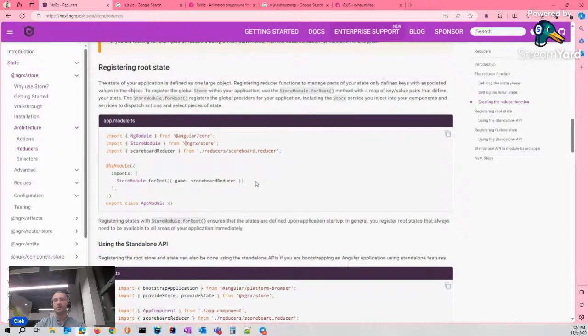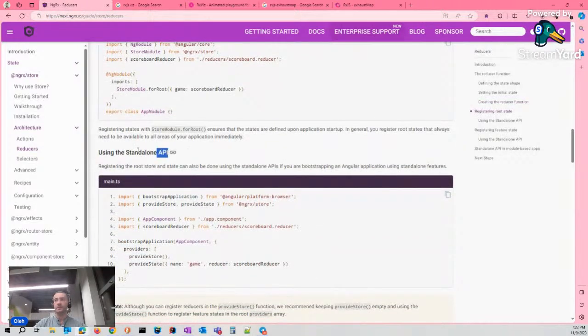That's an example for the version with modules. If you're using it, there is a special method for root where you should provide this reducer and the name of the slice.